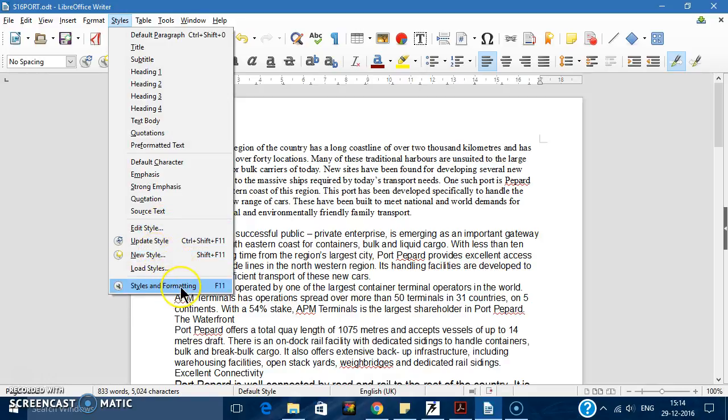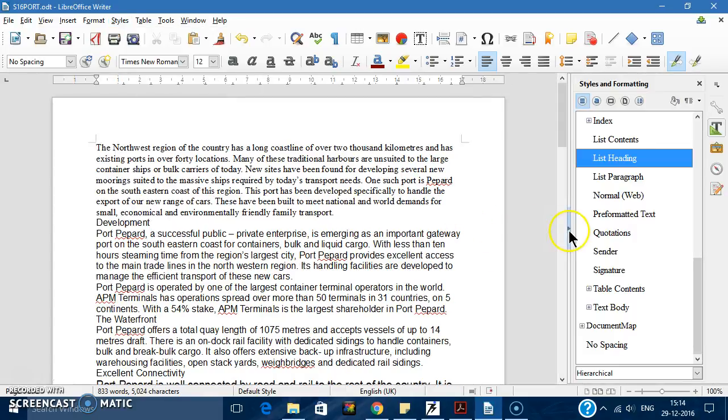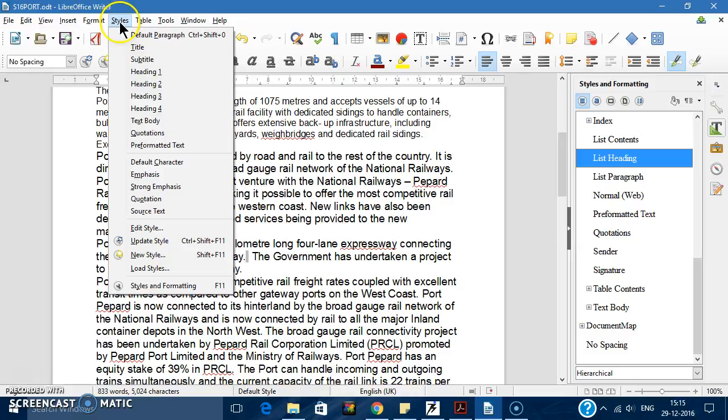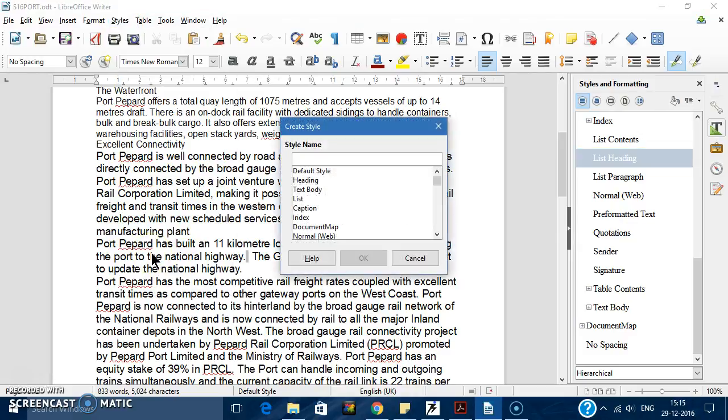If you press the F11 shortcut, it will again open that sidebar. Now even if I click on styles and click new style,